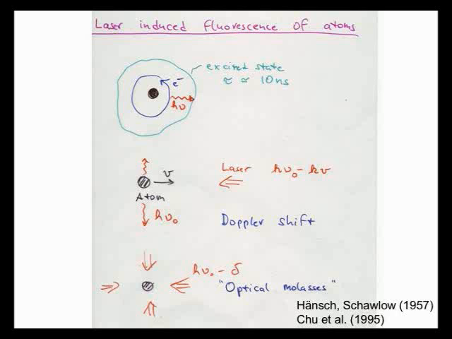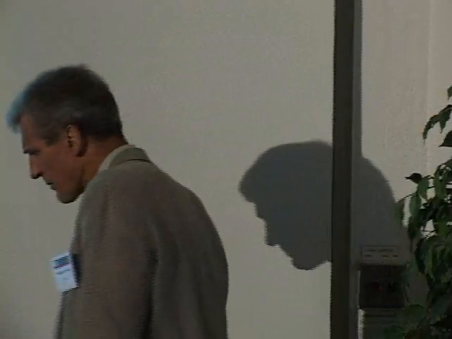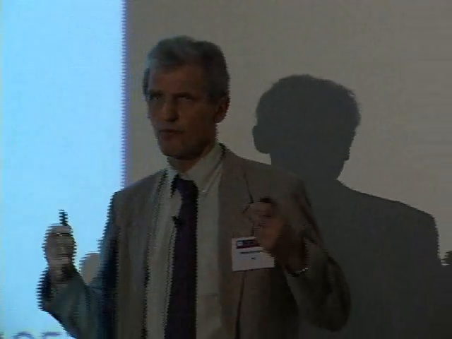we have to make sure that we do things right, because what makes the difference between cooling atoms and heating atoms? Well, it's the magic of lasers, it's the magic of detuning and Doppler shifts. So if we irradiate atoms with red-tuned light, then they absorb light at lower frequency than they emit. And this is, as Carl Wieman has already mentioned, this famous realization of optical molasses.